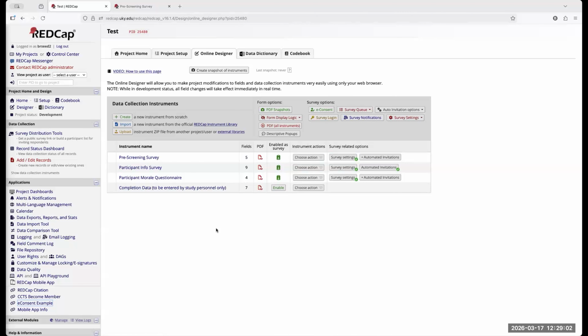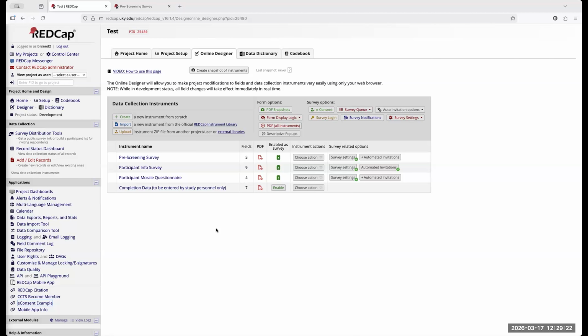So these are all things that you'll need to learn before you submit your proposal to the IRB. Because if you can't show them and tell them how your e-consent works, then they're not going to approve it, because they realize that you don't know what you're doing.